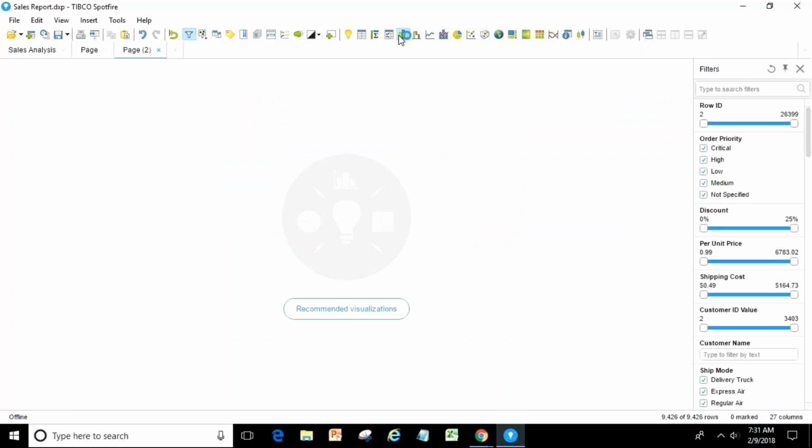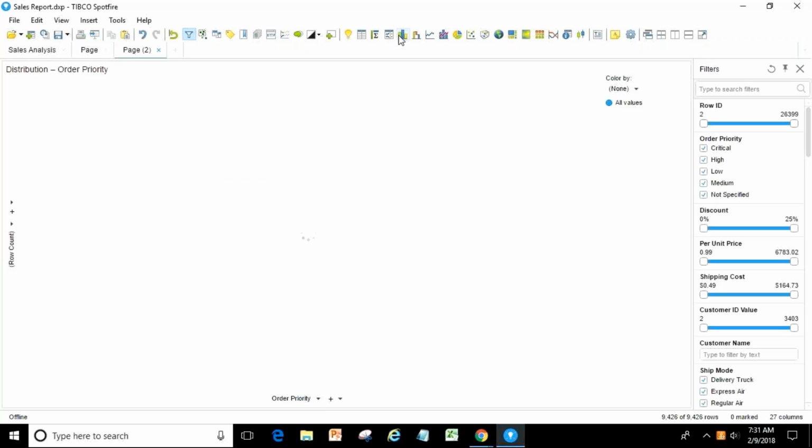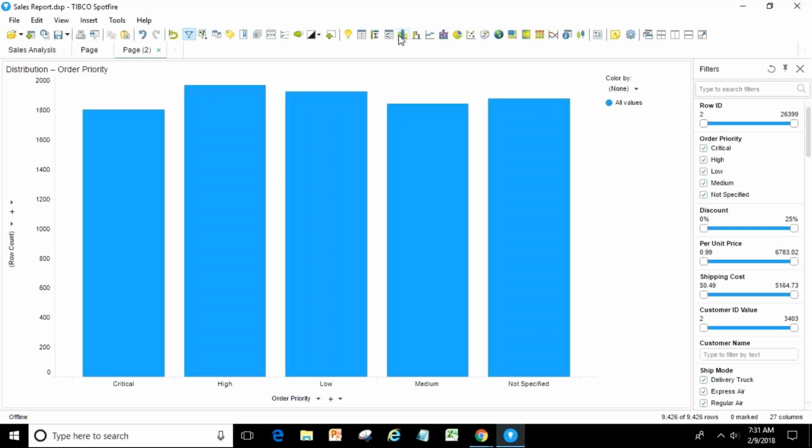So here we are. Before working on these kinds of charts, we have to understand why we need to use these charts and what the use case of the bar chart is. Where you'll be using a line chart, a bar chart, a scatter plot, or a pie chart. These things are very important before you start creating any chart.